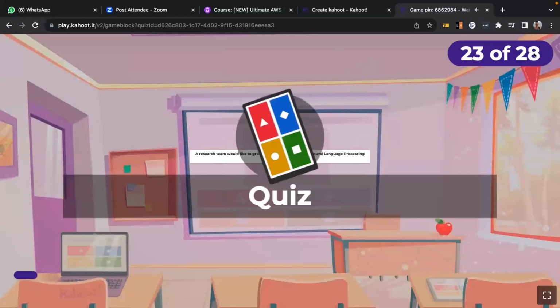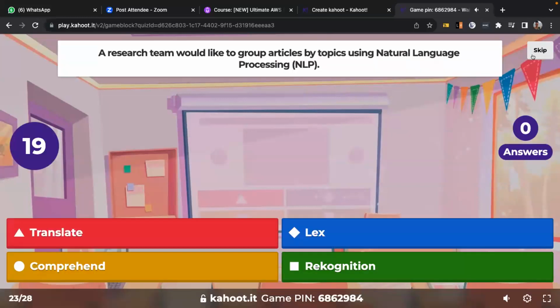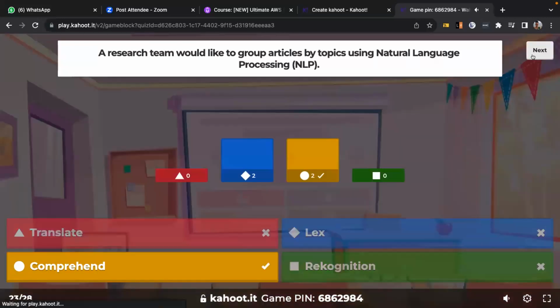Okay, so the next one: a research team would like to group articles by topics using natural language processing. Which service would you use? Okay, some people said Comprehend, other people said Lex.